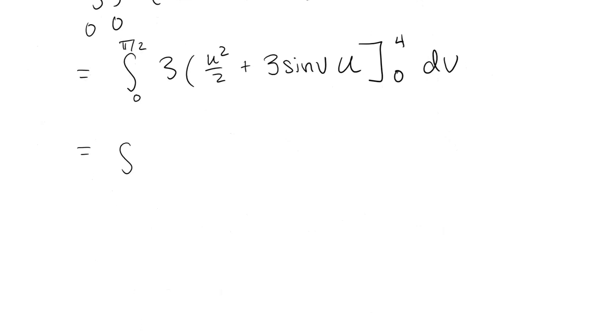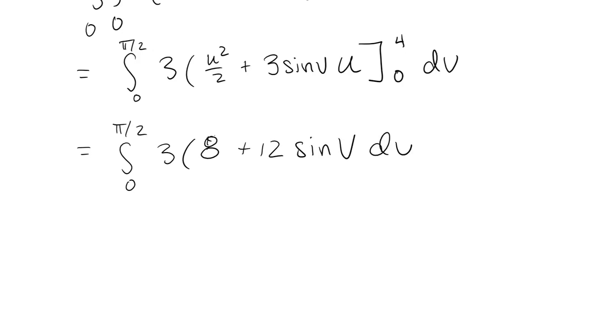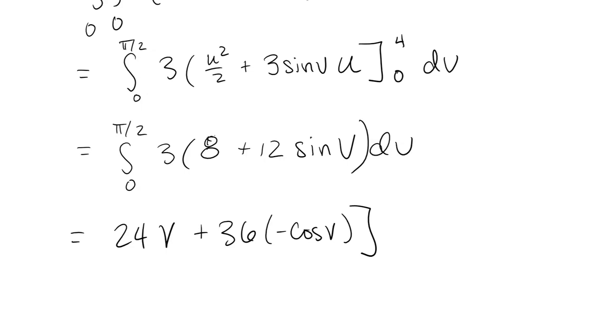So then we're going to get the integral 0 to pi over 2. We'll get 3 times 16 over 2, which is just going to be 8. And then we'll have plus 3 times 4, which is 12 sine v. And this is dv. So we're going to get 3 times 8 is 24. So we'll have 24 times v, and then we're going to have plus 36. Sine v is going to go to negative cosine v, and we're going to evaluate this whole thing from 0